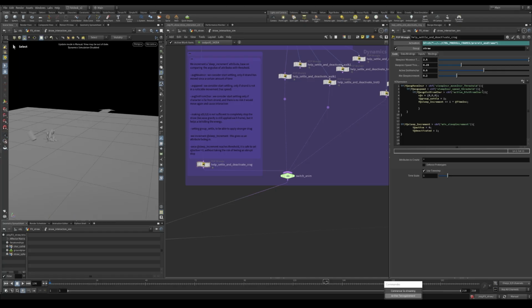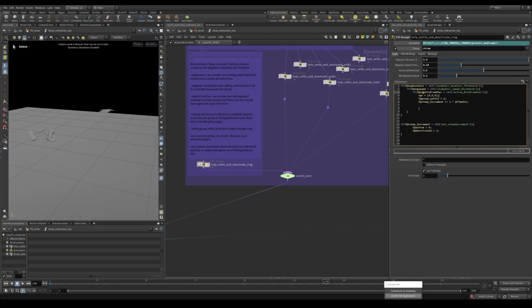So I'm just filtering based on average speed, and also if it is far from the character, because if it's still close, maybe it is not moving a lot, but it's still close, and with crag, it still needs to interact. So those are the 3 conditions that I want to make true before